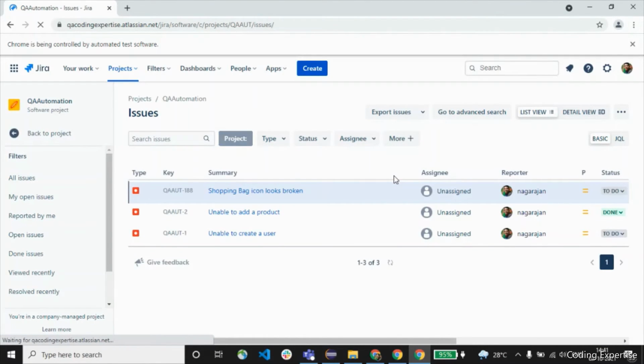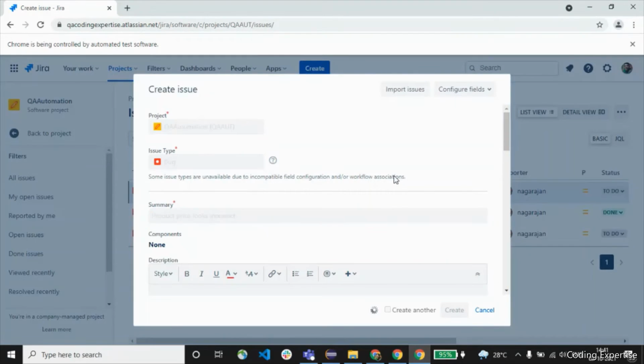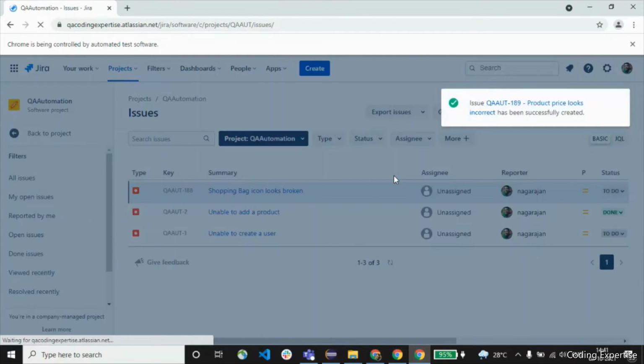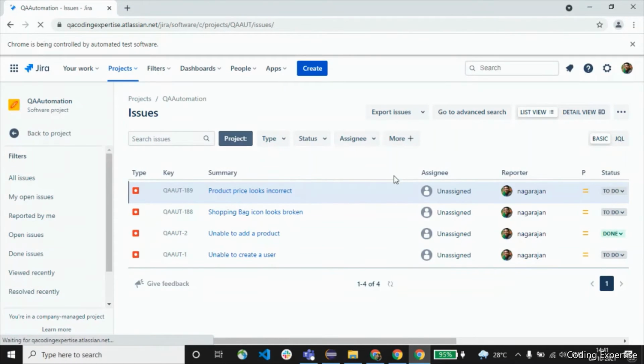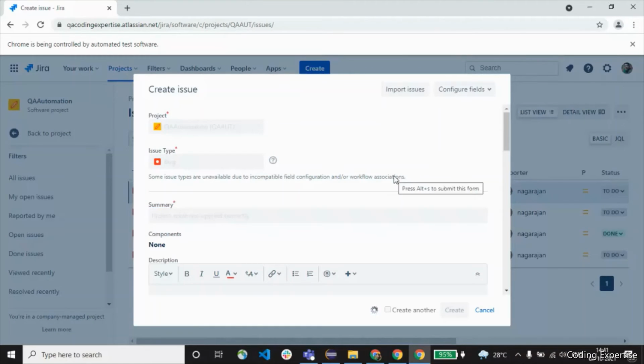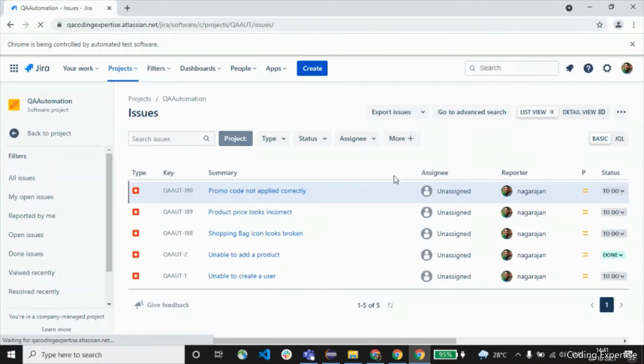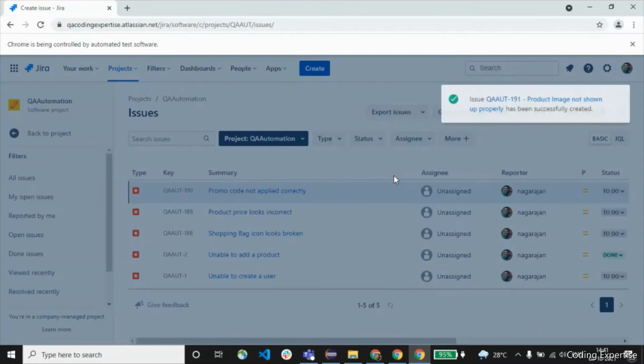Now it has created the shopping bag icon looks broken bug. Now it is creating product price. It goes one by one. So if we want to create 100 bugs also, we can do it by placing all those bugs inside that test data file.